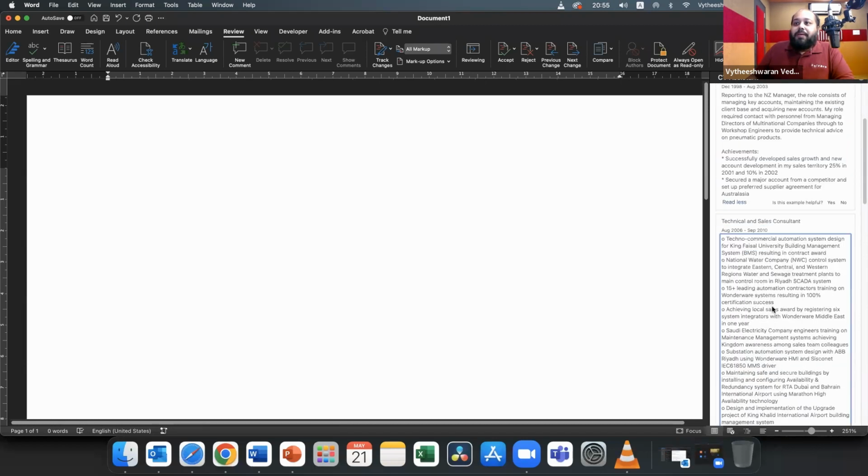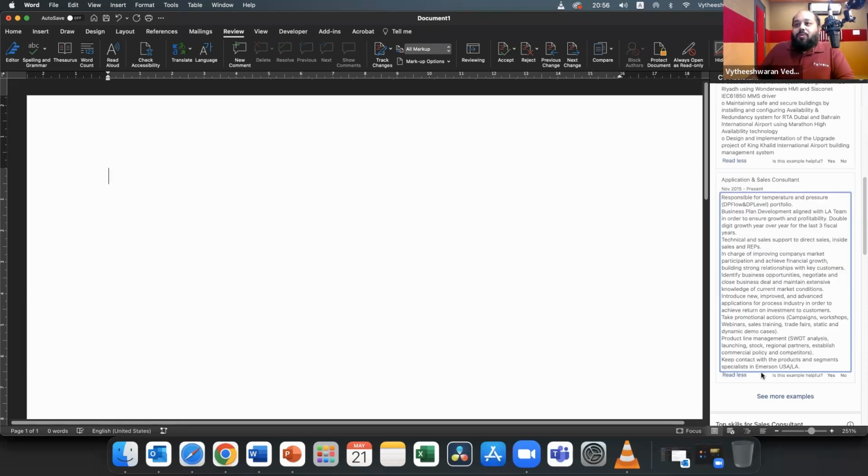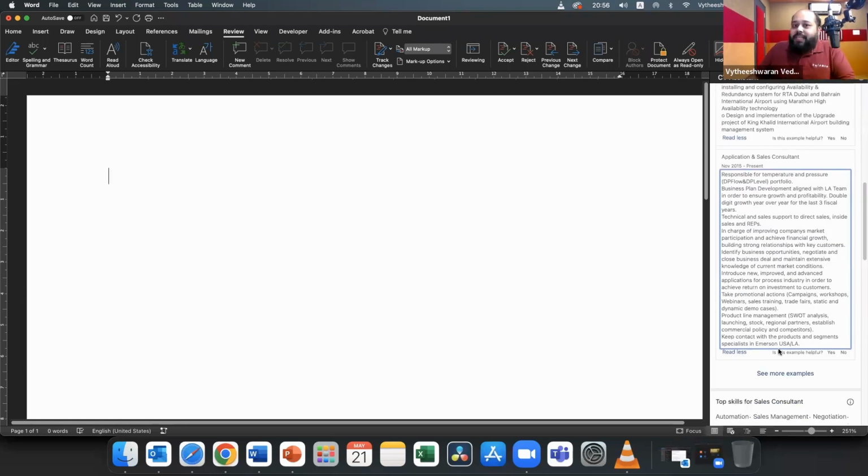Use this as an inspiration. So here you can see that there are a lot of things. So you can use this as an inspiration and list the roles and responsibilities and the various tasks that you do in your current role and things like that. So this particular tool acts as an inspiration for you to better word your